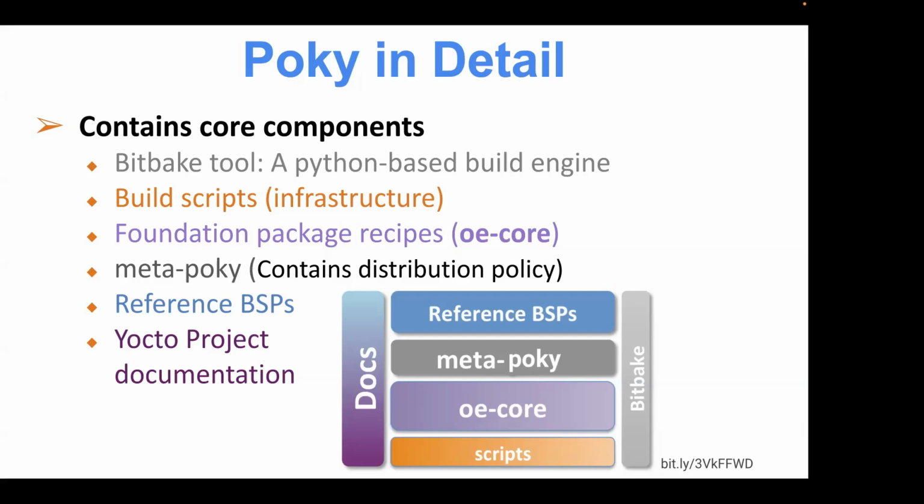You'll find that for each architecture that's supported by Yocto Project, there's at least one single board computer that represents that architecture and is tested on a regular basis in the automated build system to make sure that it will in fact still work. So as things are changed and pushed to Git, there is an automatic continuous integration that tests minimally in QEMU, but ultimately also on target boards to make sure that it in fact works minimally on real hardware. These are provided as part of the reference BSPs. For each release, they minimally follow the best practices for that particular release. And then there's the crowning part, in my opinion, of Yocto Project,